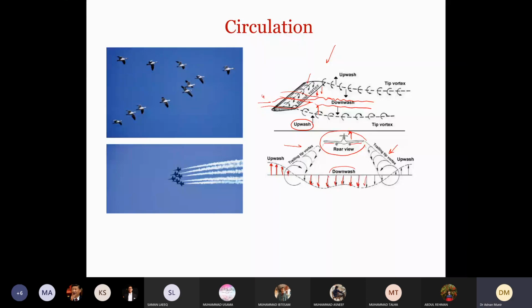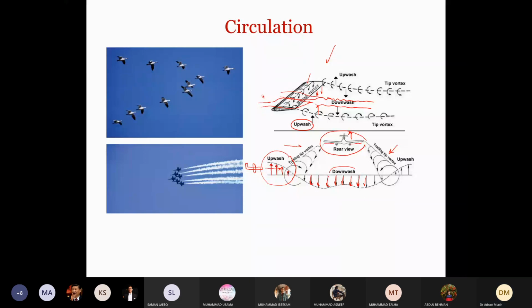Now if we have another aircraft flying in this direction perpendicular to this, right? What is going to happen when it flows past this area? Because the velocity is in upward direction, it will observe a net force, additional lift force in upward direction because of this upwash.